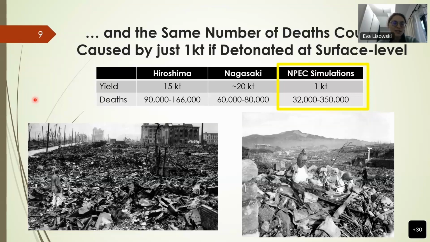If you detonate just a 1 kiloton weapon at surface level, the deaths vary greatly depending on the population of the area, and that's the main reason for why there's such a large range. But based on the population and some other factors, you could end up with deaths on the order of the magnitude equal or even greater than the World War II attacks. So for a weapon 1/20th the yield, but at least over twice the deaths, this seems like we should maybe pay attention to this possibility.